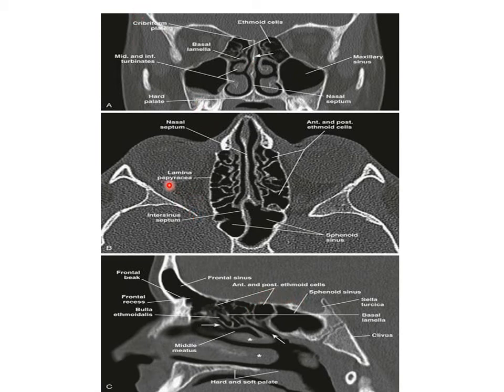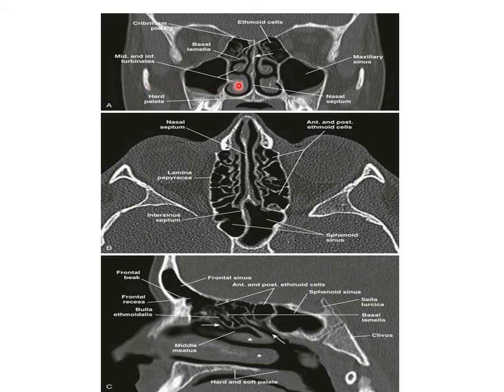And we have lamina papyracea. It's a thin bone separating the ethmoid bone from the orbit. Sphenoid sinus drains to the superior meatus, and we have